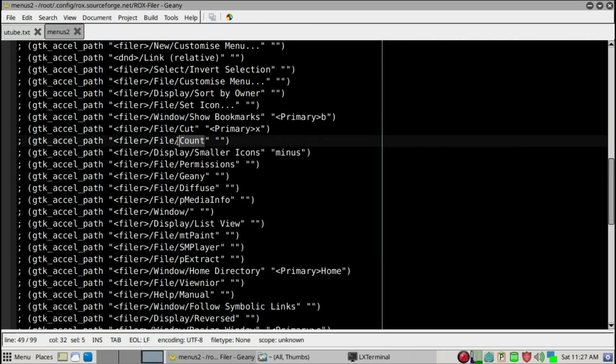So here is the file count, and what we want to do is Control S, for example. I'm just copying from the top here. This is equivalent to Control S. Then make sure that you untick the beginning of the line, so make that active, and we're going to save that file. And then restart